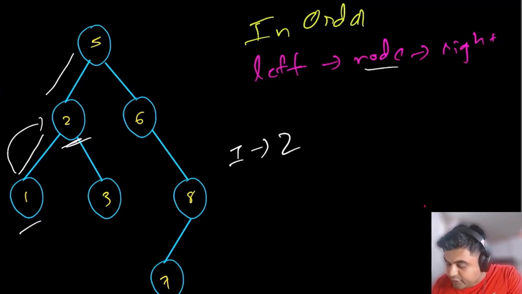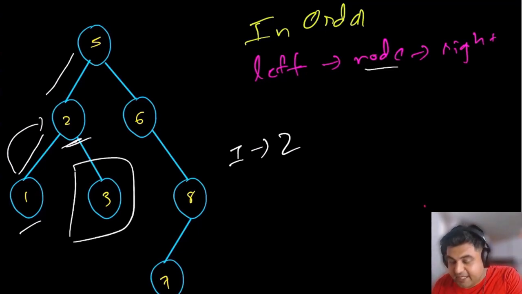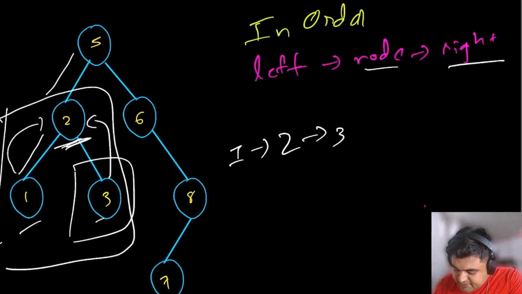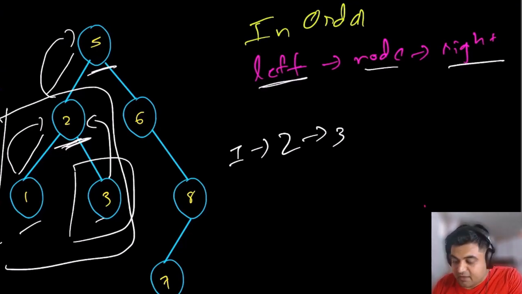Even for node number 2, we still have elements in the right side of the subtree that we haven't visited. So we are going to do that. The entire right subtree is only comprised of value number 3. So we are going to visit node number 3 next, and then we can backtrack. Backtracking from 2, we have taken care of this entire portion, so we can go back. Now at node number 5, we can say that we have taken care of the entire left subtree for node number 5. So it is safe to visit node number 5 next. We will visit node number 5.